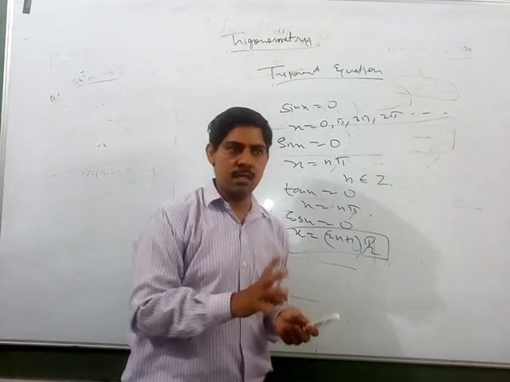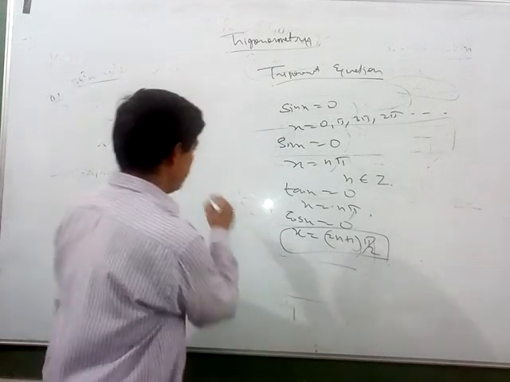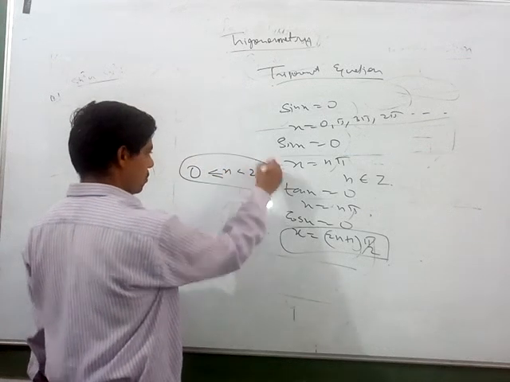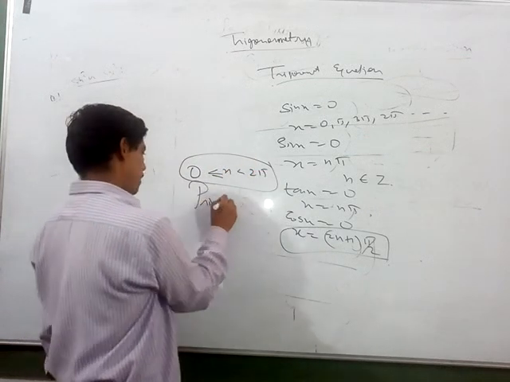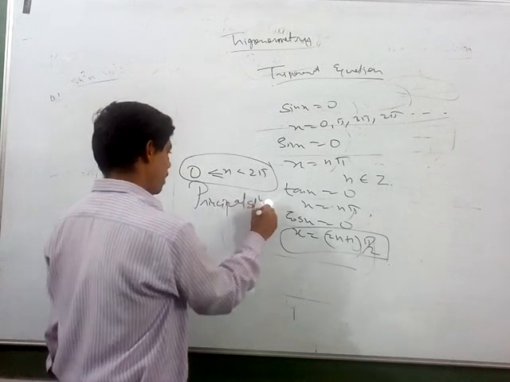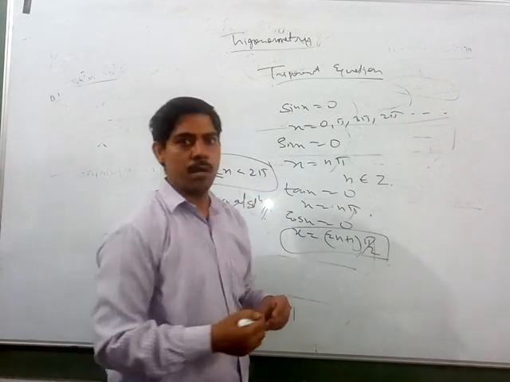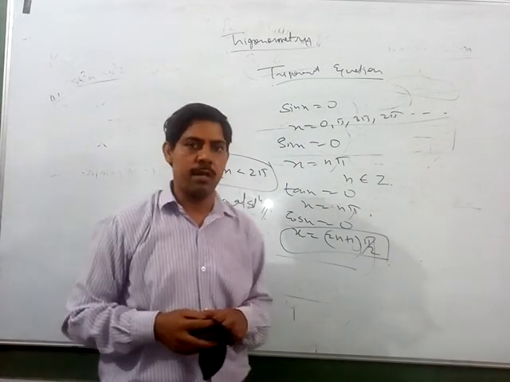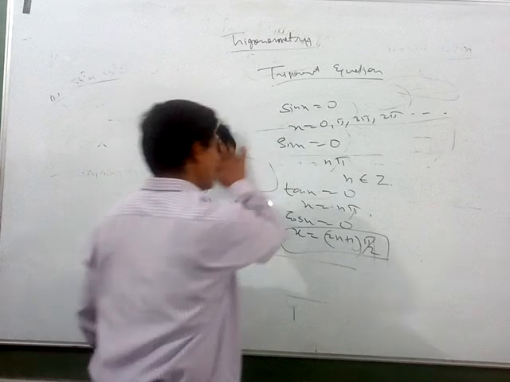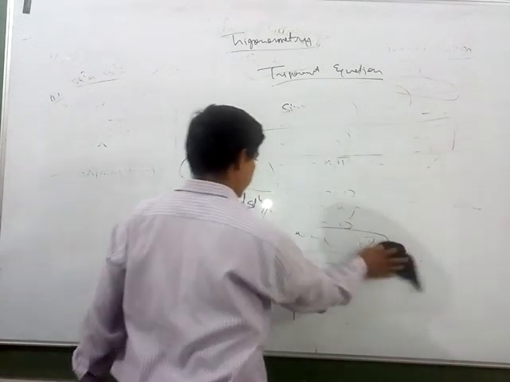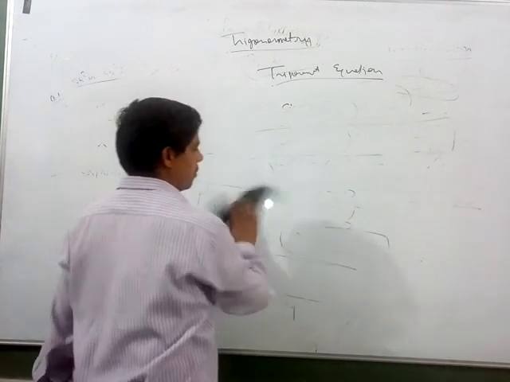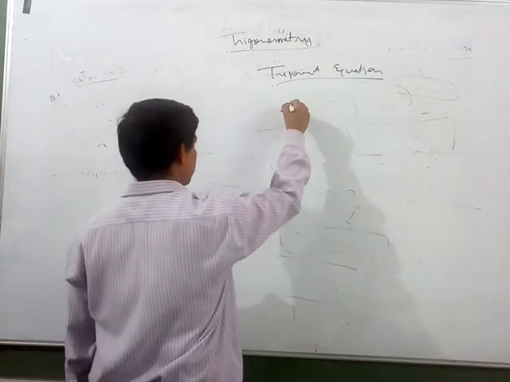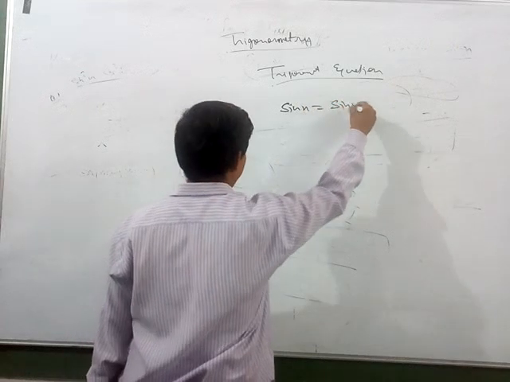Principal solution is the answer which lies in the interval 0 to 2 pi. So if you have some answer between 0 to 2 pi, that is known as principal solution. Okay. So you have to learn this. Now coming on to what if sin x is equal to sin y. What is the principal solution and what is the general solution? So there are certain formulas, you have to learn them, but I am just deriving one of them. The rest two you have to derive by yourself. So the first one is, what if sin x is equal to sin y.